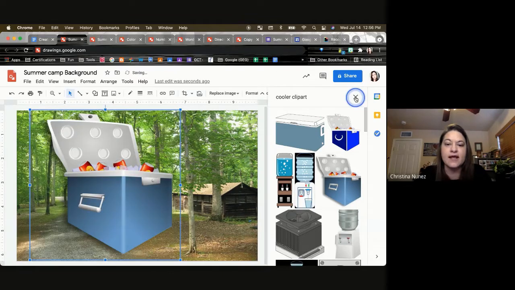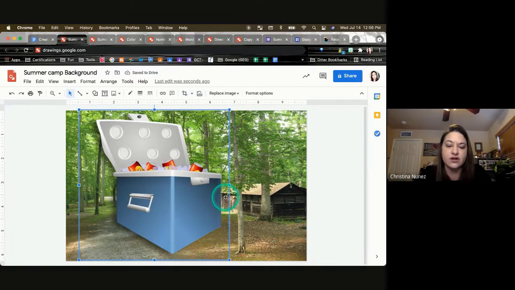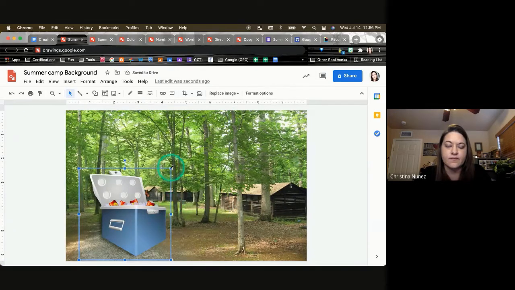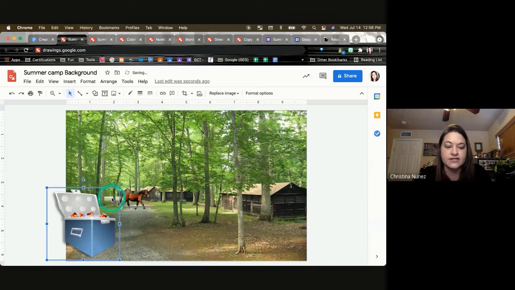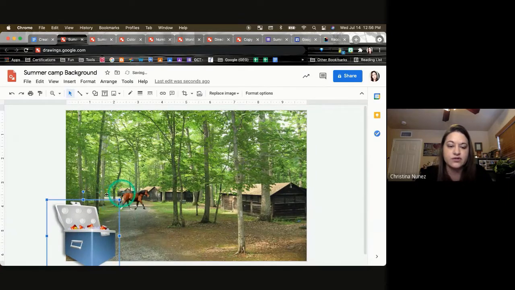I'm going to close that. And I want this image to look a little bit bigger, so I'm going to put it towards the front. So I'm going to put it like in this corner. Now, the reason I wanted to grab another image is another tool that you can use for